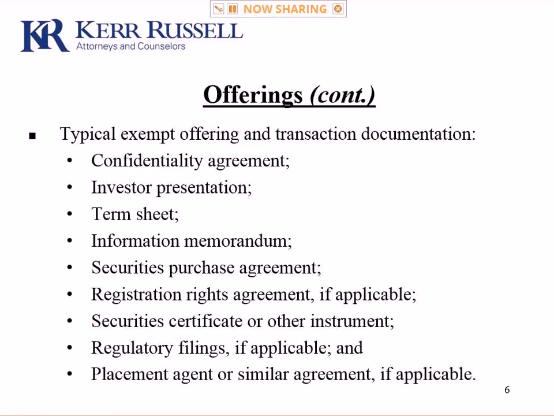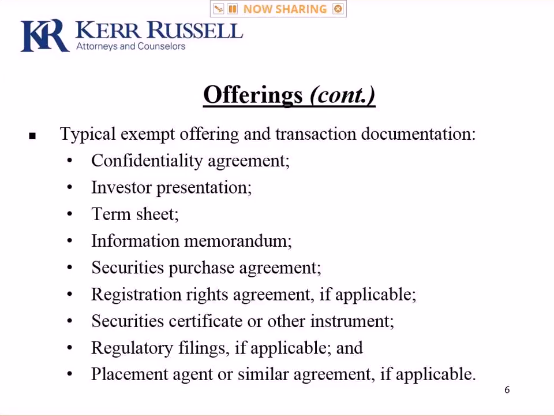Our theme during our presentation today is really speaking about offerings that are exempted from registration under the securities laws, and consequently, an issue in any exempted offering is whether or not the issuer is going to contractually commit itself to registering these securities for resale by the individuals who purchase those securities. I'm getting a little bit ahead of the presentation right now, but essentially, unless the issuer contractually commits itself to registering these securities, then the purchaser of those securities, the investor,